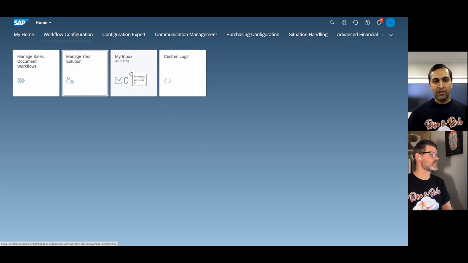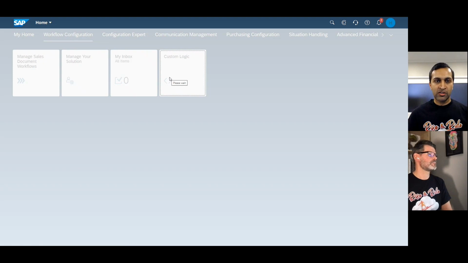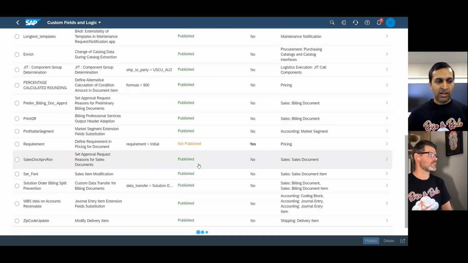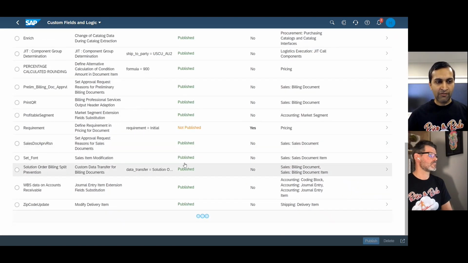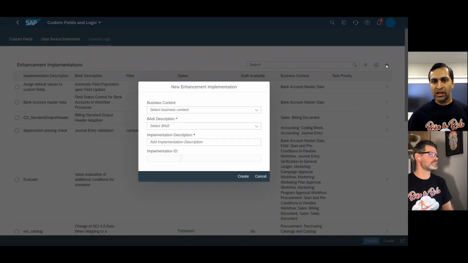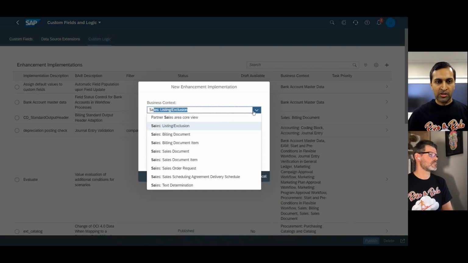Now let's see what we have changed in the custom logic and what we are doing to ensure that the workflow is triggered only for the orders where we do not achieve the 20% margin, which has been hard-coded currently in the custom logic. So given that I already have created the sales document approval reason, I'm not going to create it, but just to give you a quick glimpse of where it is, if you go to the sales document,